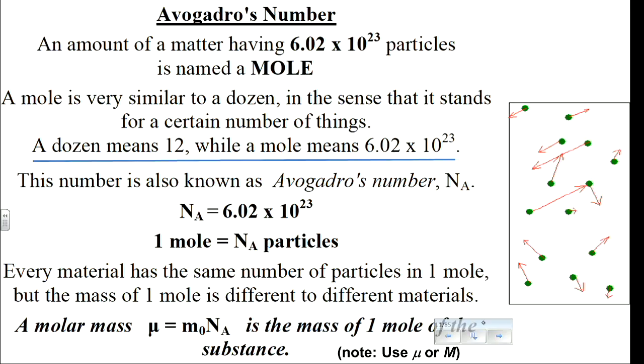And if we take 1 mole of substance, put it on a scale, and measure the mass, that's what we call the molar mass. And for molar mass, people use different letters in different textbooks. Sometimes it's a capital M, sometimes it's a Greek letter mu, sometimes even both in the same textbook. So a molar mass is a mass of 1 mole. And for different materials, it's different. This is one of the ways to calculate it. If we need to calculate the molar mass, we can multiply the mass of a single particle, single atom or molecule, times the Avogadro number. That's it.